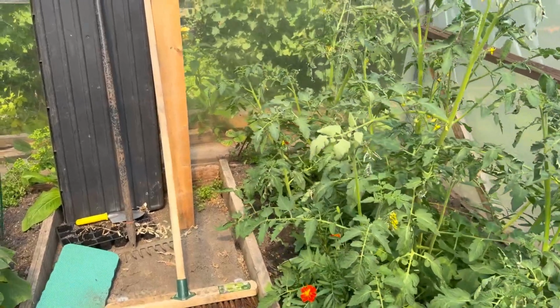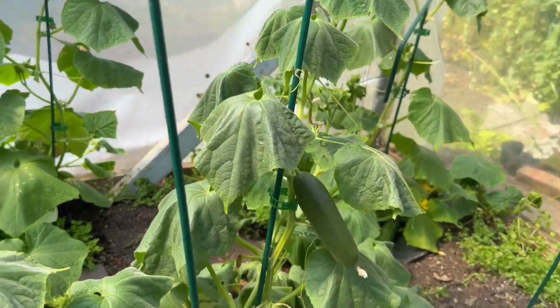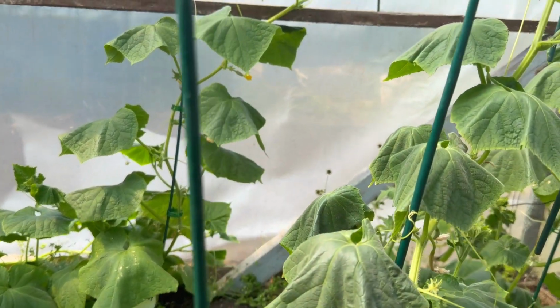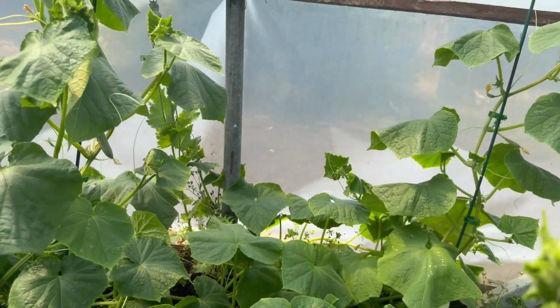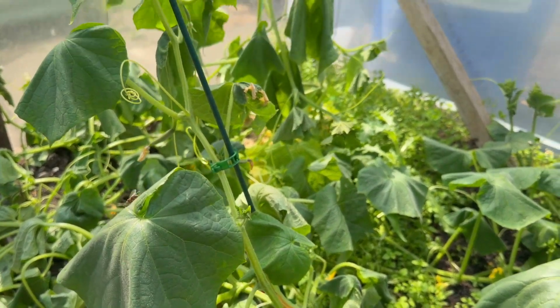Okay, we're in the greenhouse. Let's have a look what's happening here. These are our cucumbers. I've just picked one off, so I know we've got, there's a one growing there, as you can see. We'll go along. There's one growing down there,